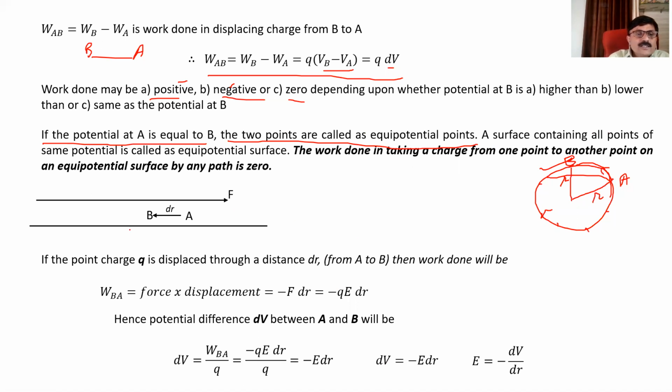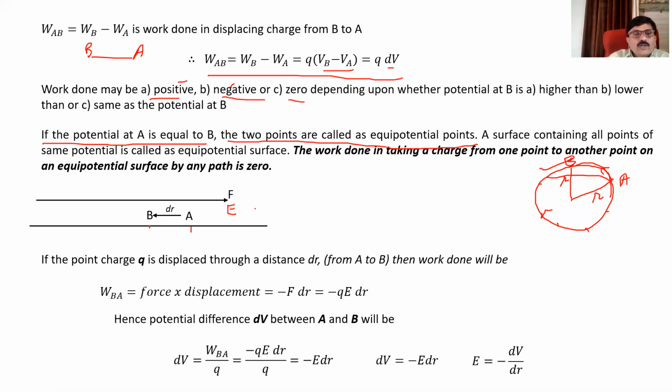Now again consider, suppose here is some isolated charge, and suppose this is the point B and this is the point A. So this will be the direction of the electric field or direction of the force. You can call it the direction of force, and the direction of the electric field will be the same. Now suppose these 2 points, A and B, are very close, and the distance between these 2 points is dr, means these 2 points are separated by a very small distance dr.